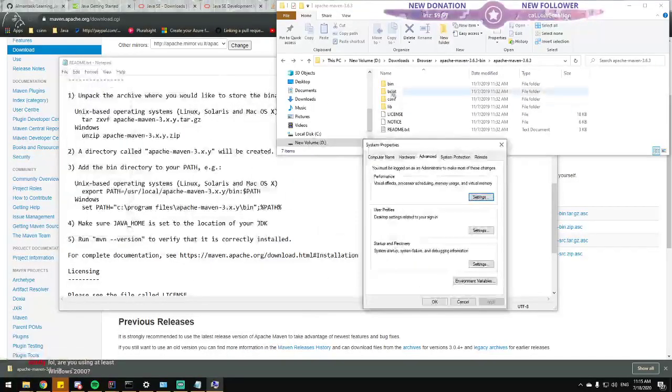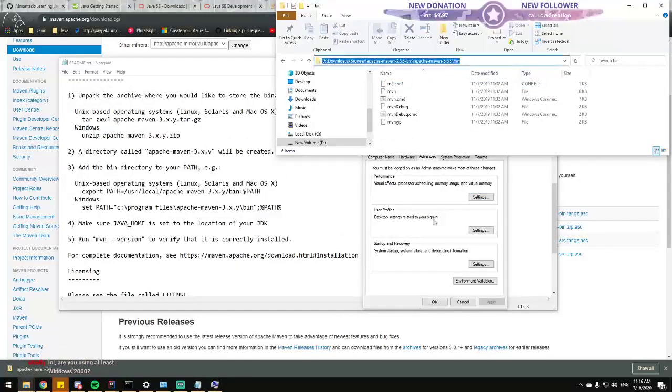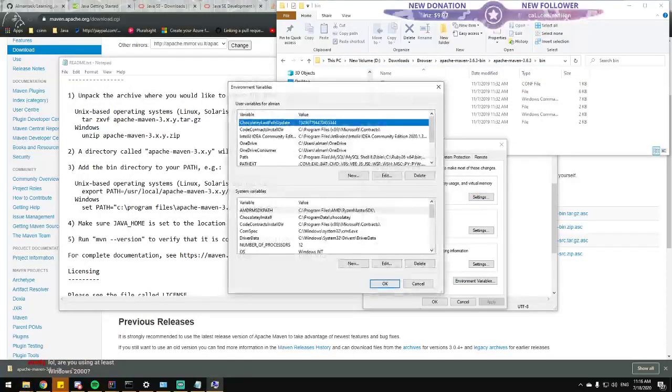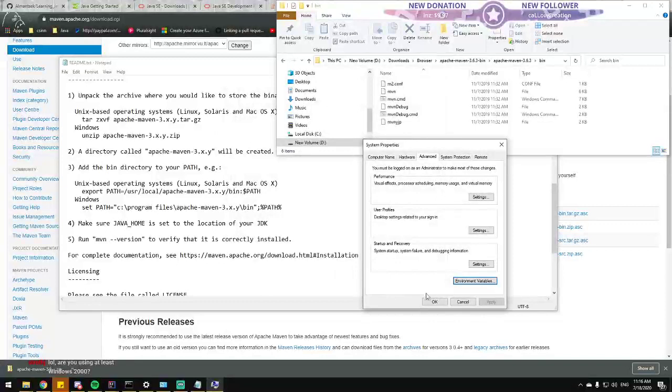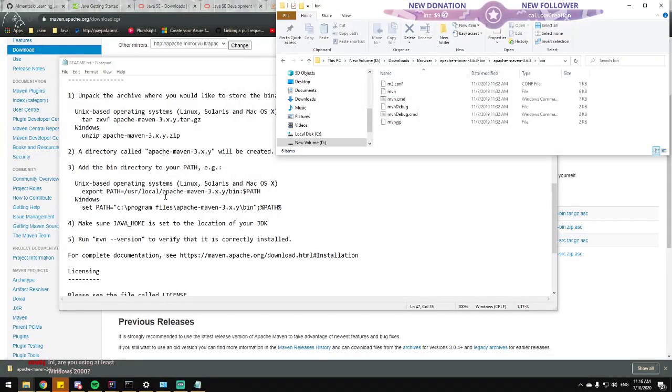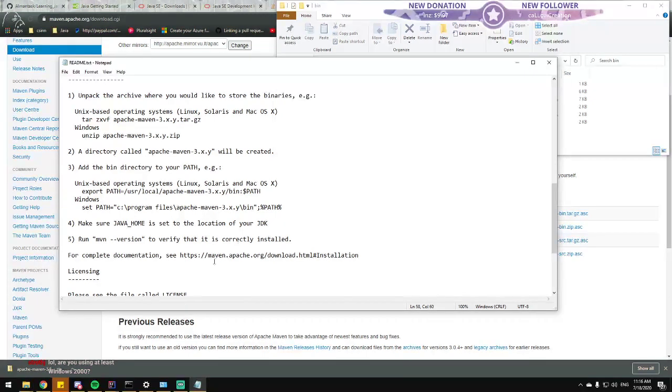Add the bin to your path. Okay. Make sure JAVA_HOME is set to the location of your JDK.